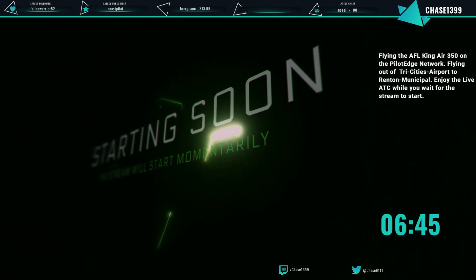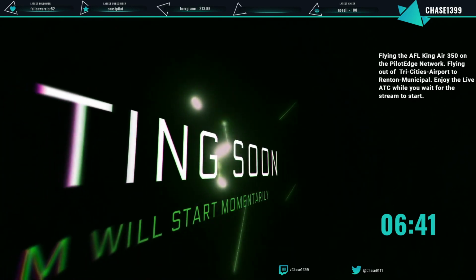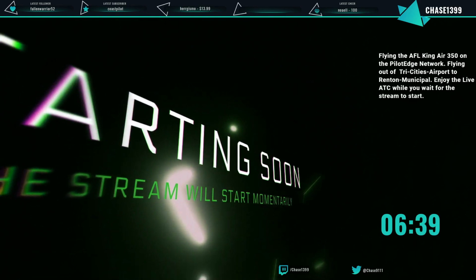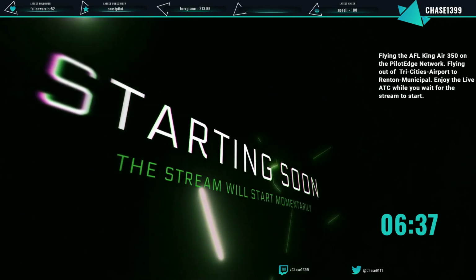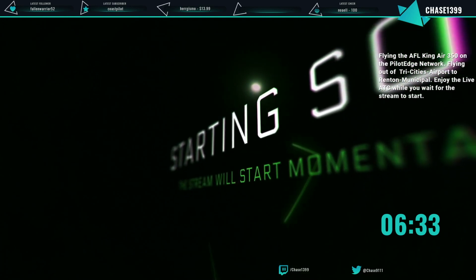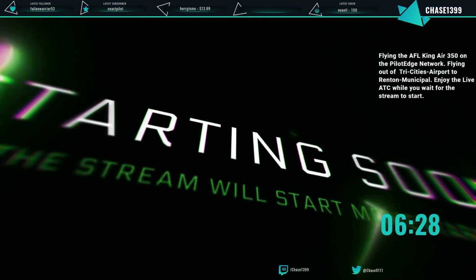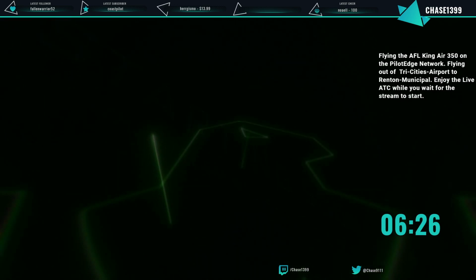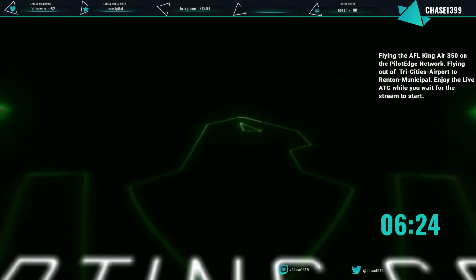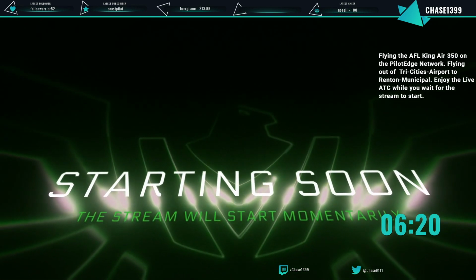Skyway 5964, descend and maintain 8,000. Descend and maintain 8,000, Skyway 5964. Starting to pick up the monitor, we need to slow down to 280. Sky 5257, cross Cliff at 210 knots, thank you. Cliff 210, Sky 5257. 137, Denver Approach, descend and maintain 10,000. 10,000, Sky